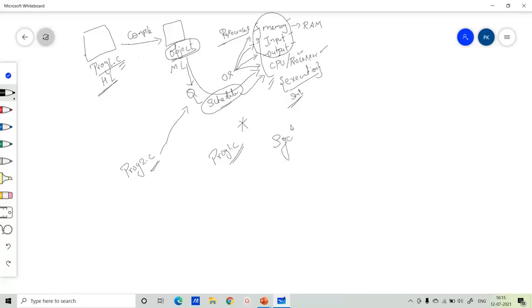So what synchronization is: when one or more programs need CPU, or you can also consider not only CPU but any kind of resources. We need resources for completion of execution of any process. If there is more than one process ready for execution, they should be in the form of synchronization, because when one process is using the resources, the other process should go to the waiting state. This type of concept we consider as process synchronization. Hope you got a brief idea about what is process synchronization.